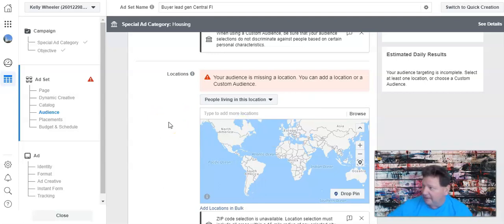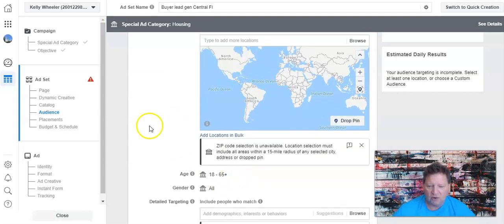You don't want to send the ad to people that happen to be driving through the areas that you're going to be advertising in, and Facebook captures that. For the most part, they are not looking to buy in your area. They're just driving through. So, people living in this location. All right, so now we're going to